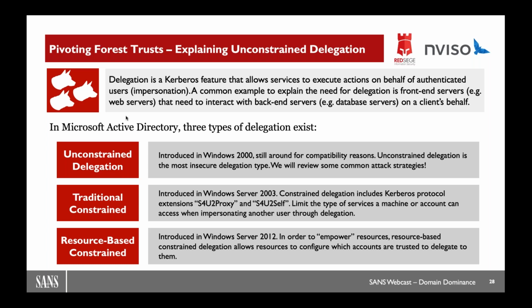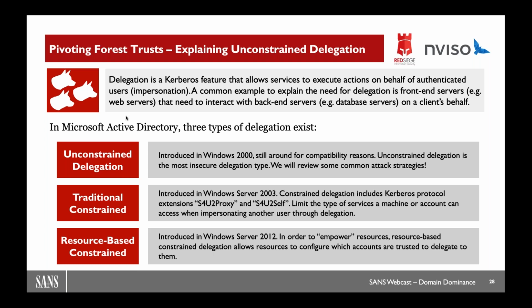Initially, Microsoft used unconstrained delegation. This was the normal form of delegation. This is the only one that we'll talk about today, because otherwise it would bring us a bit too far, which allowed a very interesting way of doing delegation. This is also currently considered a highly insecure way of doing delegation, but remember that domain controllers have it by default, which makes sense though, but that leads to an interesting attack strategy.